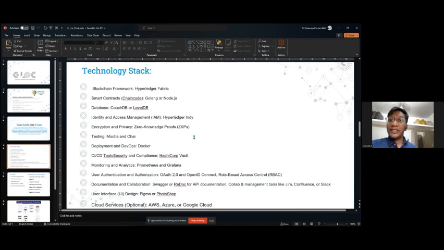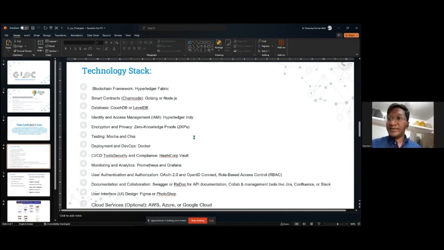For database, we are using CouchDB or LevelDB, or even MongoDB for faster database accessibility. For identity and access management, we are using Hyperledger. For encryption and privacy, we are using zero knowledge proof for safety purposes.